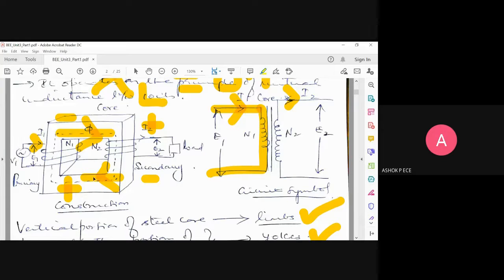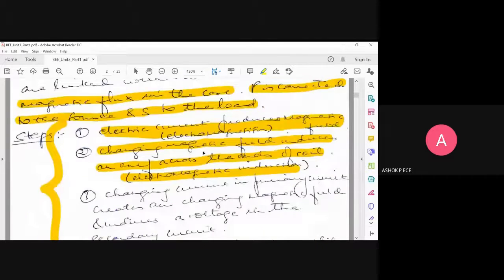So this completes a loop, and this loop is actually invisible to you. It is all magnetic lines of force you cannot see. They're all imaginary lines, which is for our understanding, but actually they represent the transfer of electric charge from one point to another point. Here, everything happens through this core. That's why I said the core has to be a highly ferromagnetic material to ensure that the flux is going to travel from primary to secondary, and it is going to link the voltages. Okay, that is the third point.